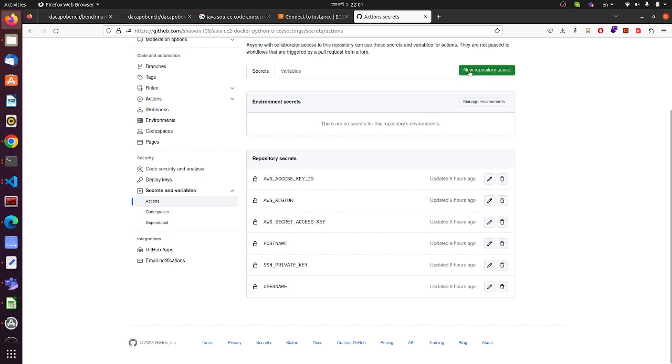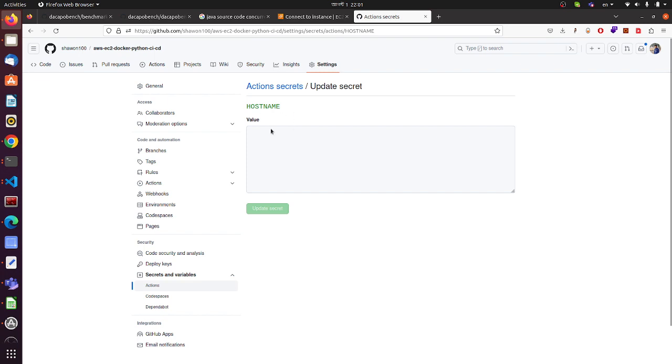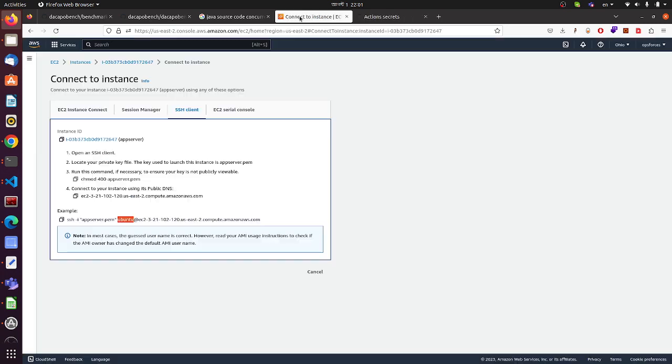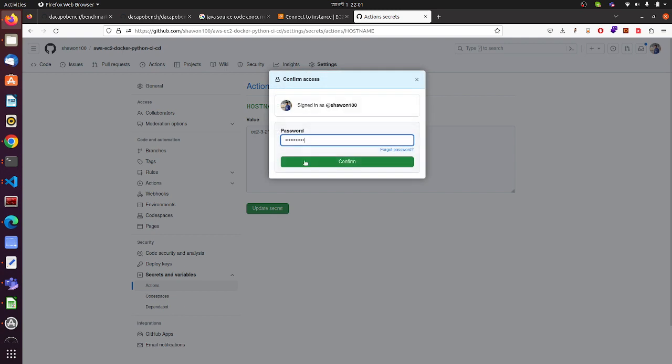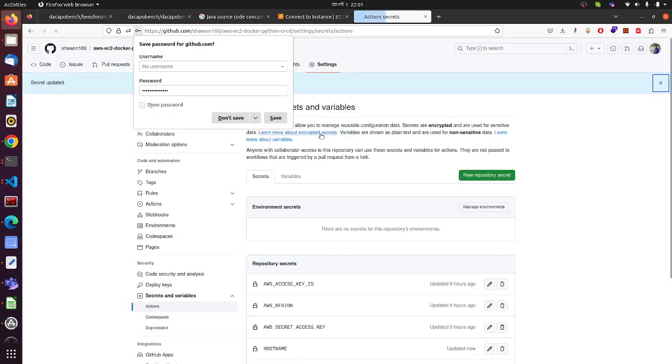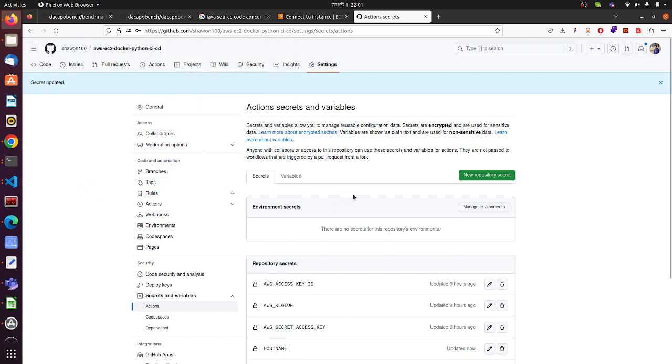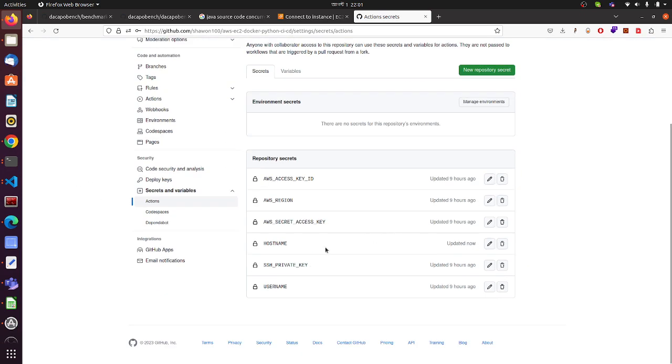Similar thing, just create a new repository secret, and give the host name, like host name, and you just need to copy and paste the host name here, and it will need some access. Just give your access by typing your password. So it's updated, and username is already there,